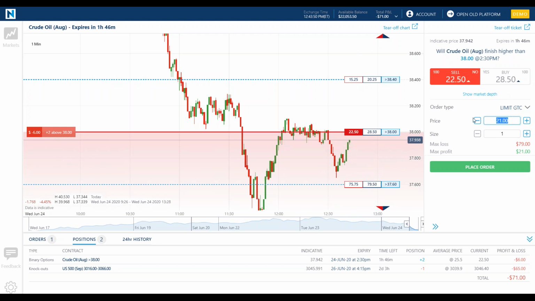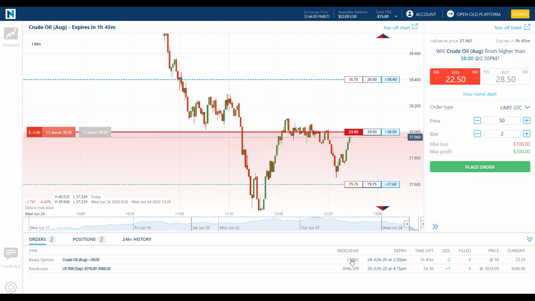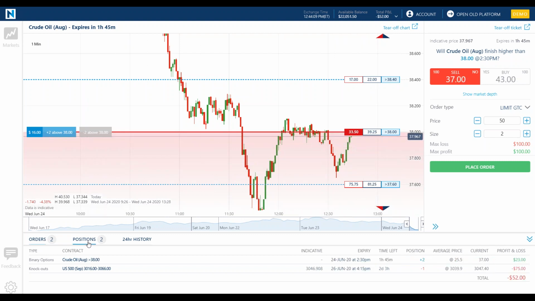So actually, let's go ahead and do this. I'm just going to put 50 in here. I'm going to make it for two of those because I accidentally bought two. So there's my order to sell those two back out. I'd sell them if it went up to 50. And it's rallying, it might get there. Notice my positions. I'm currently long two. Okay, I accidentally bought another one of those. Pay attention to buy or sell. I've made that mistake twice.